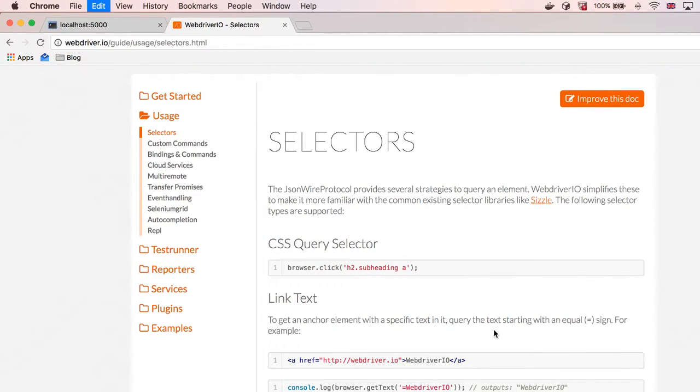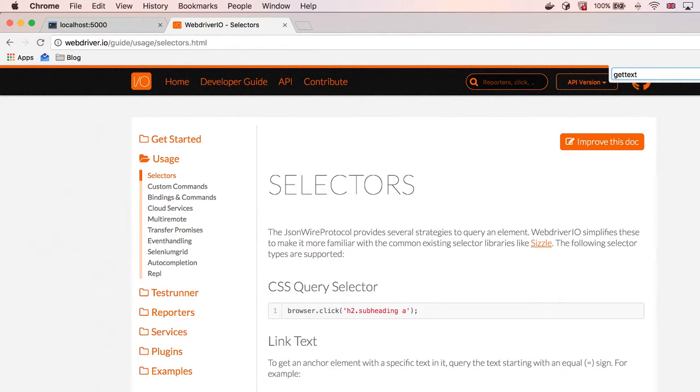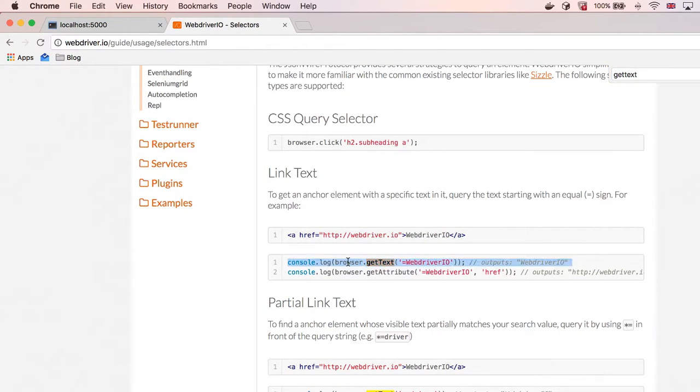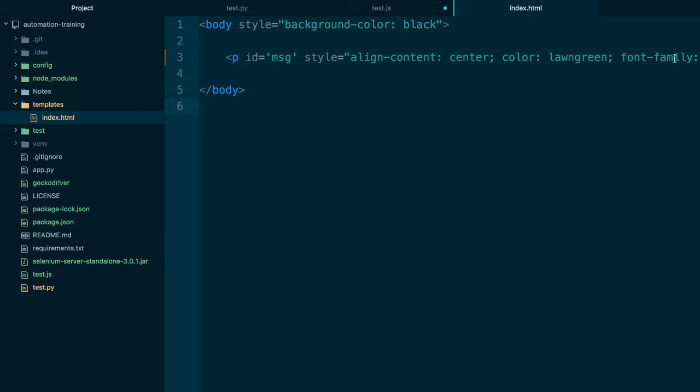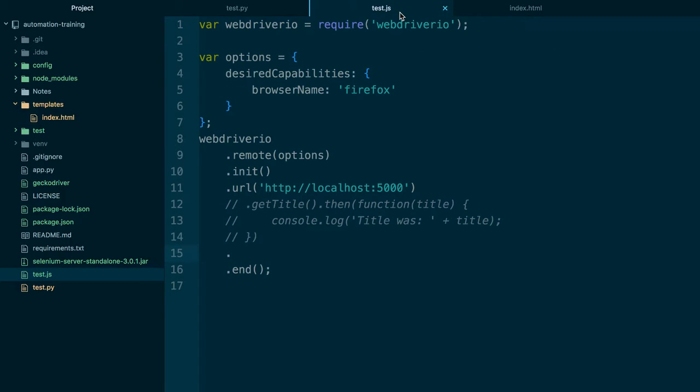There's lots in here, but the one I'm looking for is getText. Browser.getText. That's what we're going to use to get that text inside of that element. So instead of getTitle, I'm going to getText, and then I need to pass an element name. Now, because I have an ID, I can use the hash key selector. I can say the ID name,